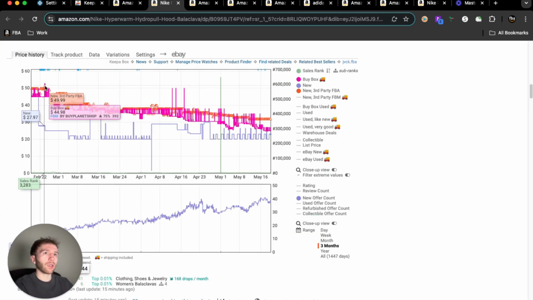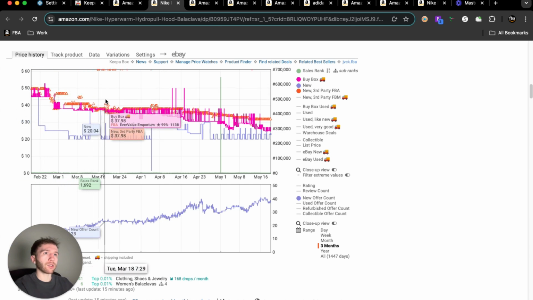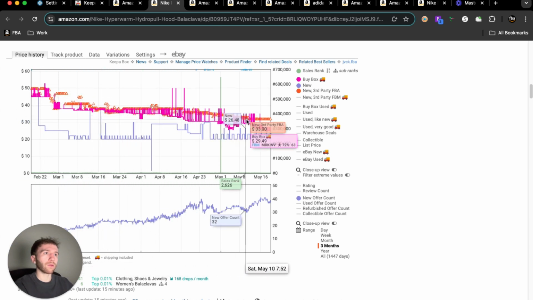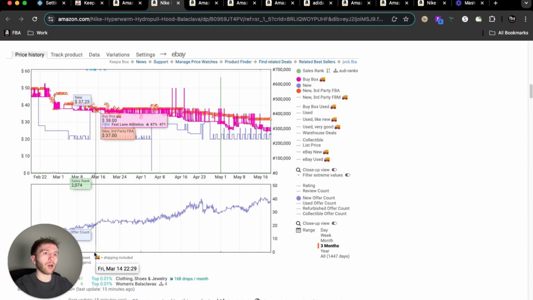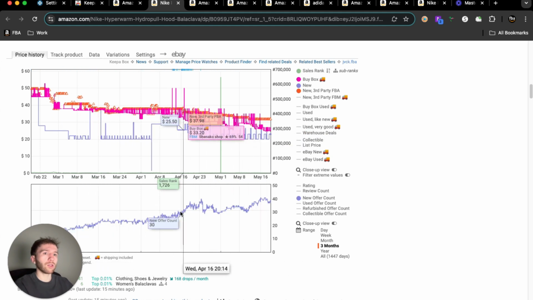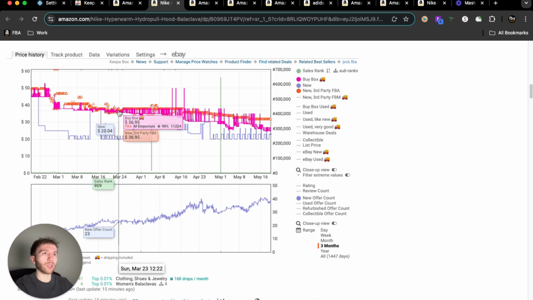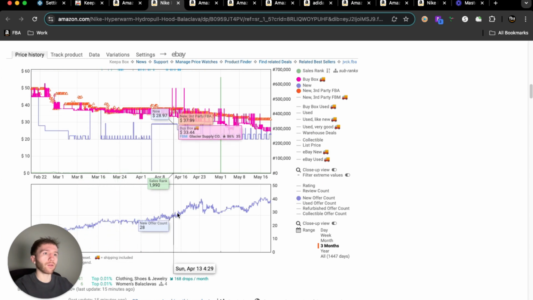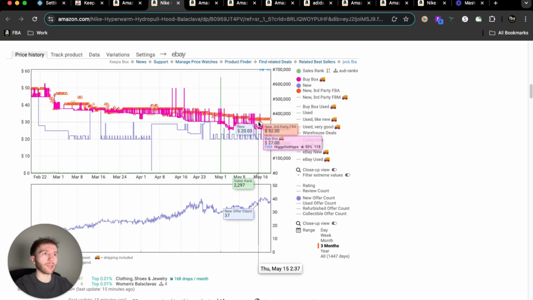For one, this product, as you can tell, is trending downward very quickly, and the offer count is going up very fast as well. So you'll usually see a correlation between those two things: seller count rising, offer price going down. If you see something like this that is trending downwards, even if you are profitable at this price, you're probably going to want to stay away from it. Maybe keep an eye on it for a while before you go ahead and buy it, but you just don't want to get into a situation where